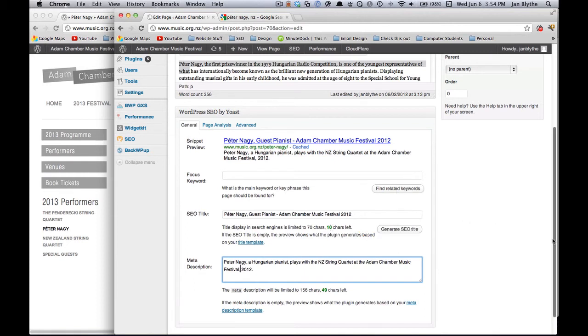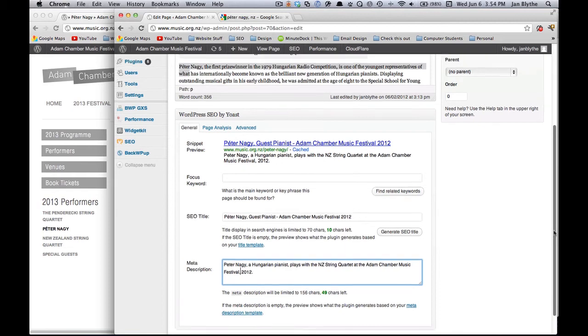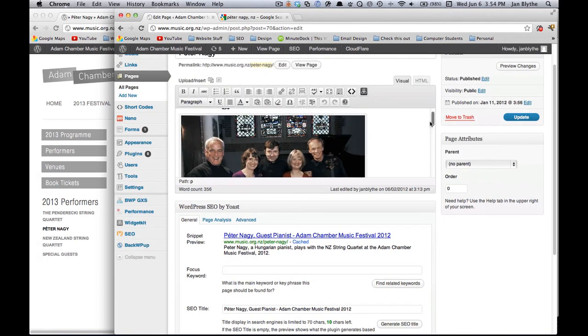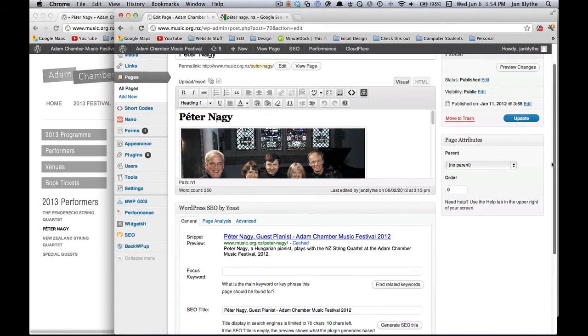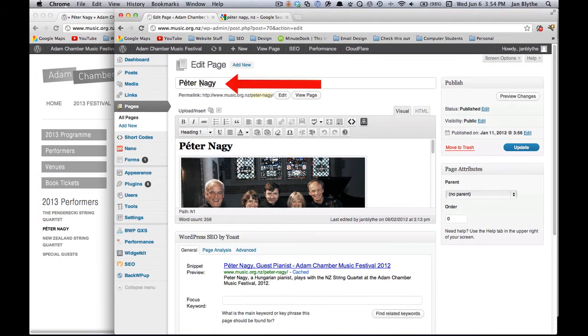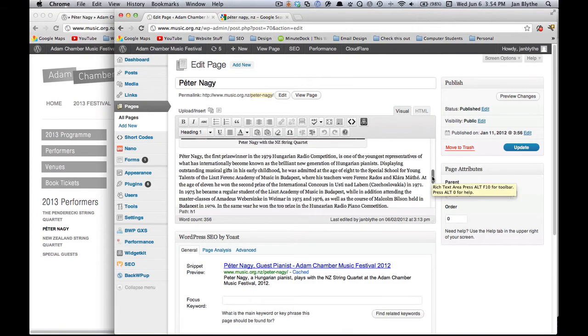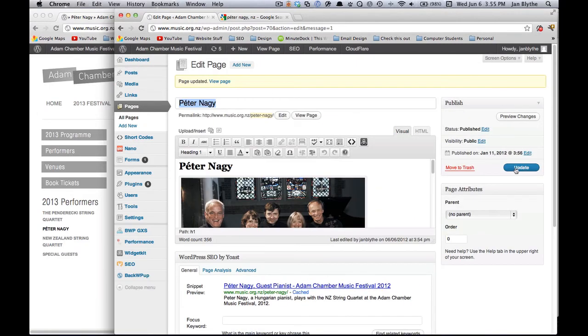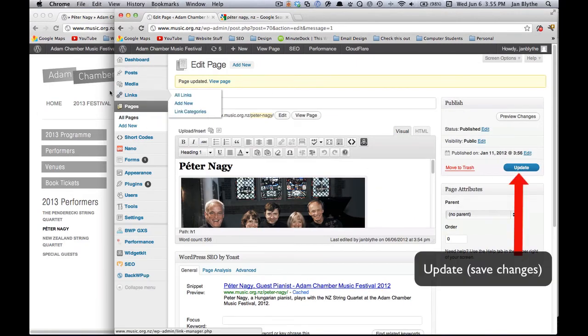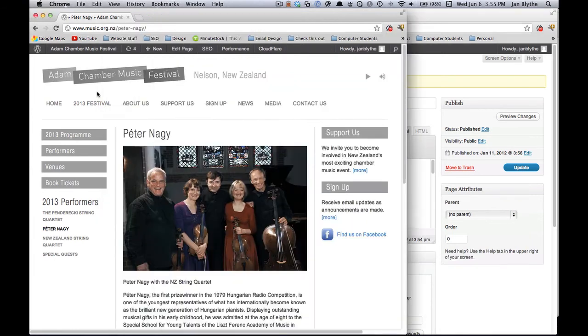It just depends what keywords you want to get in there for the page, and a whole lot of other things. But if you just go on, make sure you include the H1 title, make sure you include what's in the page title, and some keywords out of the first sentence, and that will be really helpful. So once you've done that, you update your page, and then we'll go back to the front end of the website,